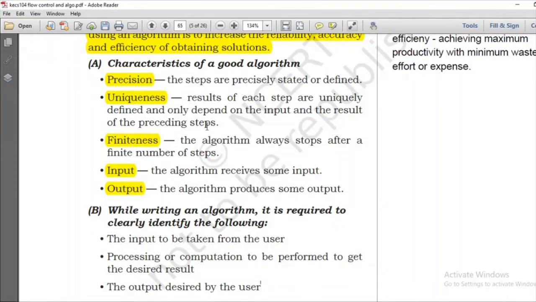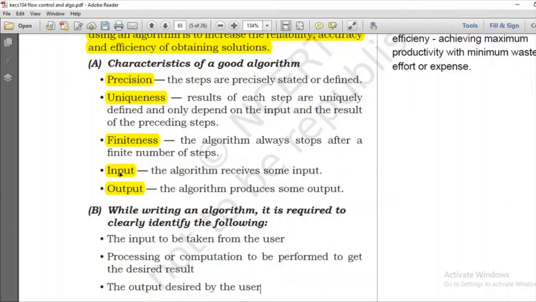Uniqueness means जो आप उसमें कर रहे हो वही आंसर आपको आना चाहिए, right? ये नहीं कि अगर मेरे को एडिशन परफॉर्म करना है 2 + 5 लेकिन मेरा आंसर आ रहा है 6, तो this is not the uniqueness. जैसे मुझे रिजल्ट चाहिए वैसे ही आना चाहिए. Finiteness, that means there should be a finite, limited, countable number of steps. ऐसे नहीं आपका कोड चलता ही जा रहा है. So it should be a countable number of steps.